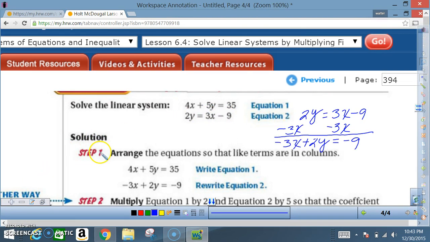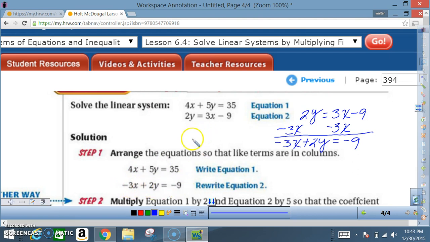Solution. Step 1. Arrange the equations so that the like terms are in columns. Notice here, they're not aligned the same way. So we're going to arrange everything how it is in the top equation. That is, x is first, y is second, and the constant is last. So once we do that, we end up with 4x plus 5y is equal to 35. That's the top equation. And for the bottom equation, we will end up with -3x plus 2y is equal